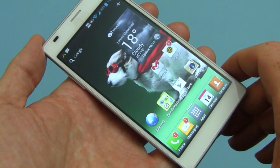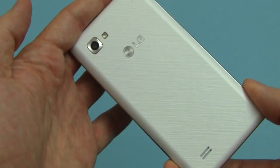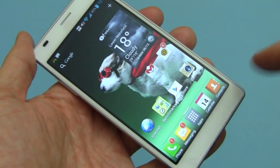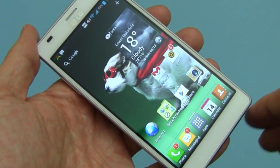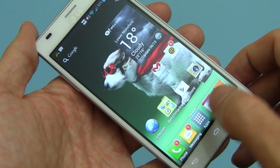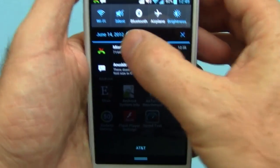Not everybody is going to love the square design of the Optimus 4X HD itself, along with the square look of the user interface, although I do like the user interface. I'm not real fond of the design of the phone per se. I think it would look better in black, but I do like the user interface. But for those that don't, let's just jump into